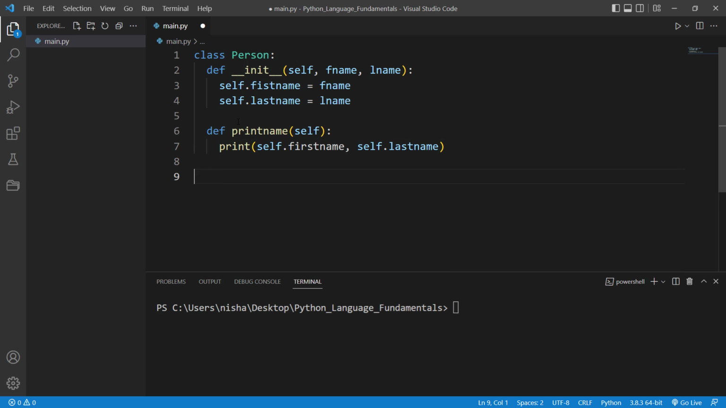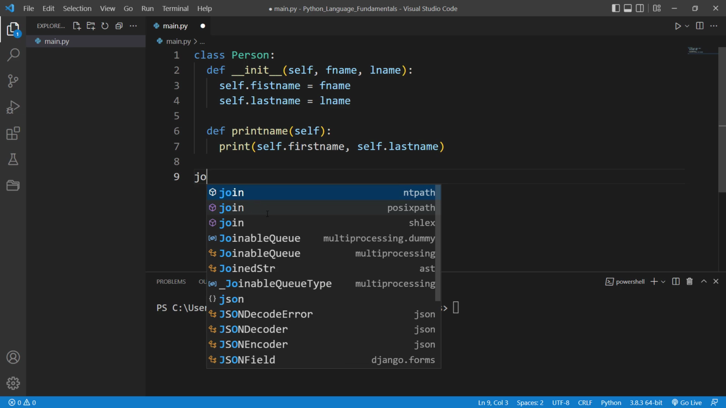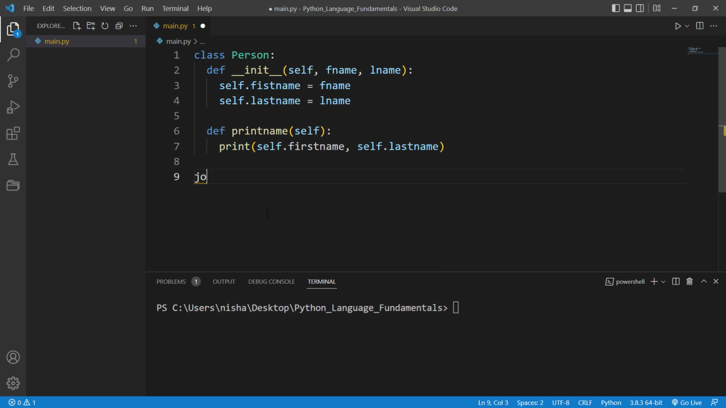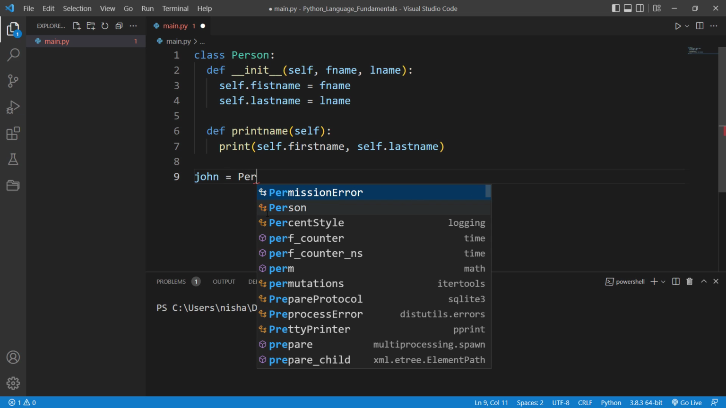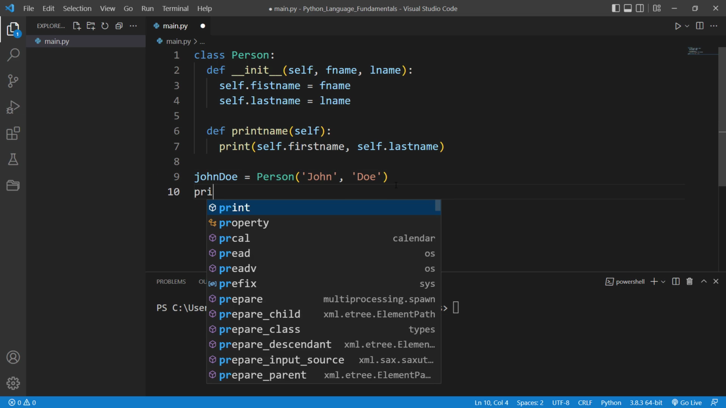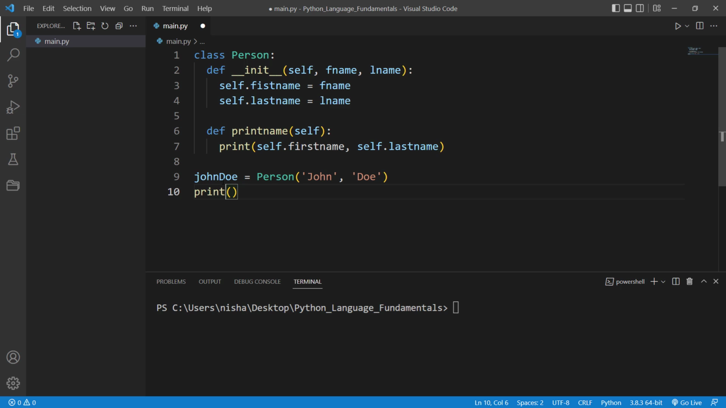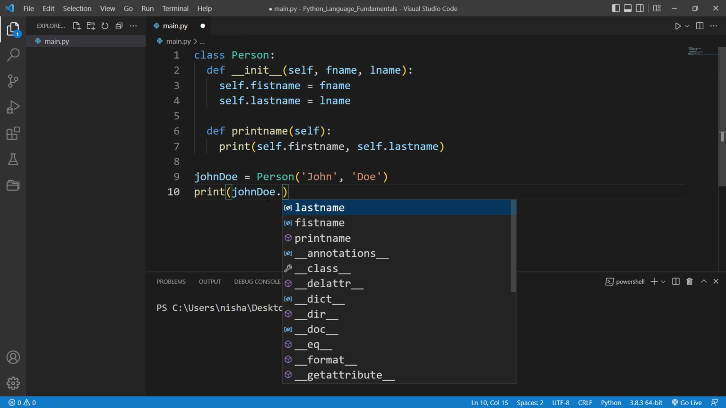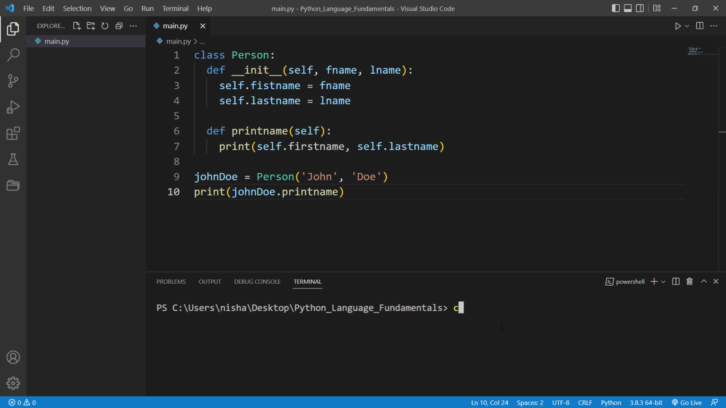So now we can create a person object. All right, so we can say for instance x, or let's give it a proper name, like John. I'll say person and it's going to be John, family name, I don't know who. So I can also add Doe here like this. So now I can use print name in here. If I say John Doe and then print name, it should print